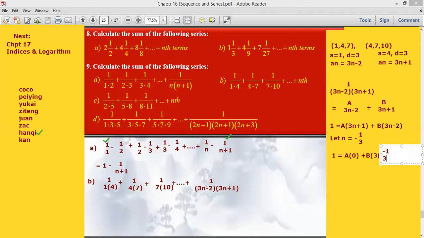Okay, 好，来下一个。So if we continue to calculate here, 3 and 3 will cancel each other, negative 1, negative 2, giving negative 3. So 1 will be equals to negative 3B. OK, 所以做出来的话，你们的 B 就会得到 negative 1/3。好啦，所以这个是第一个，这个是你们的 B。